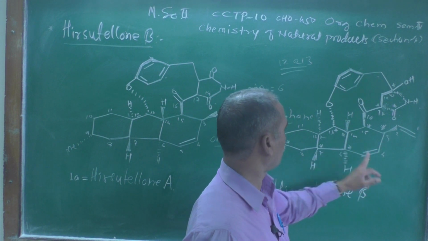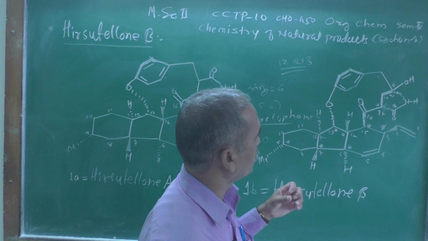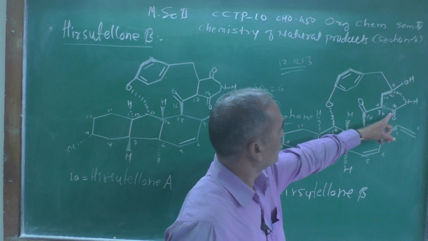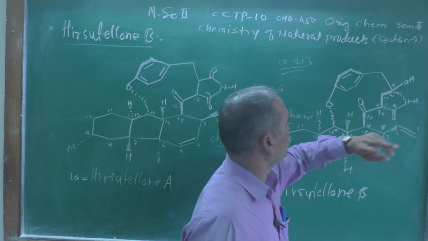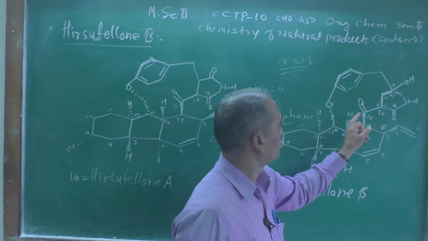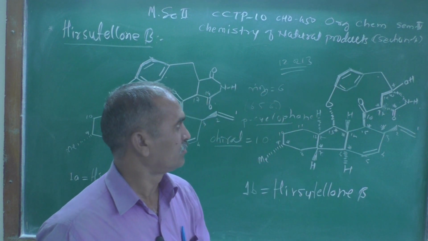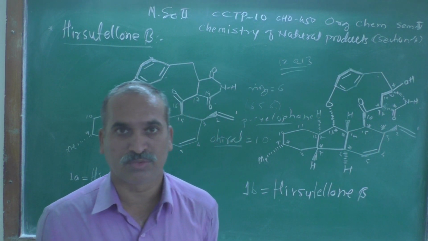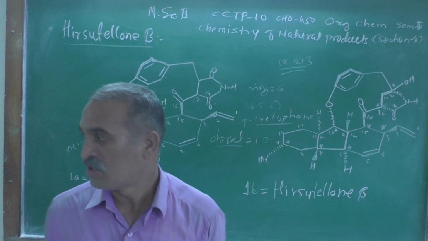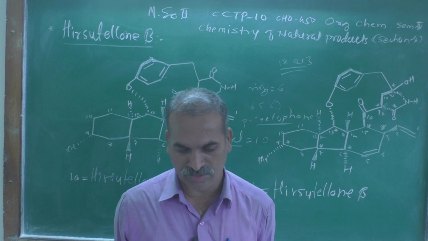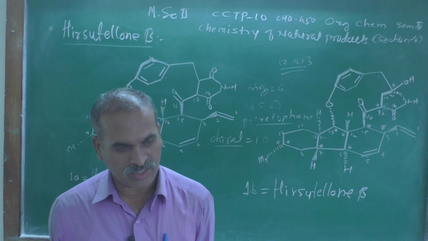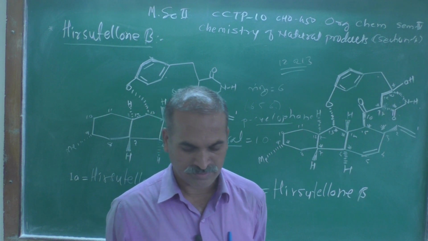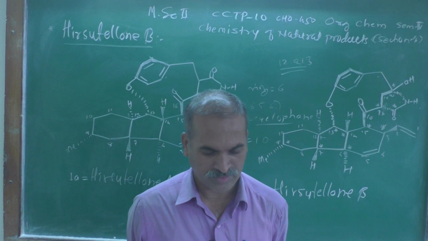Look, olefinic carbon atoms, olefinic groups are there. Then there is this carbonyl here. It is an amide, and alcoholic, then there is an ether. So different types of functional groups are present. It is a polyfunctional molecule, and therefore it is a very big challenge before scientists to synthesize such a challenging molecule in the laboratory.